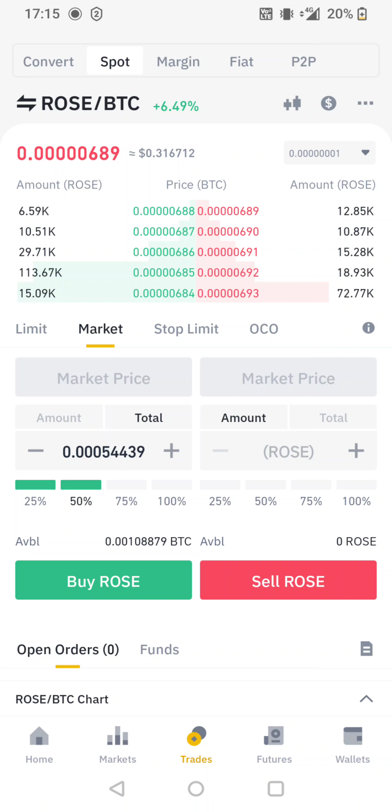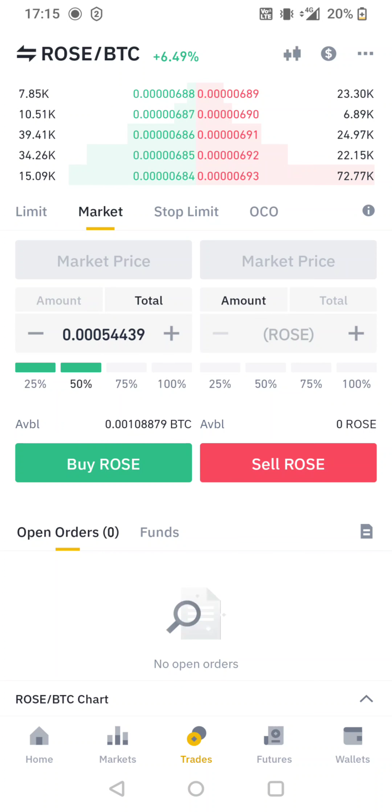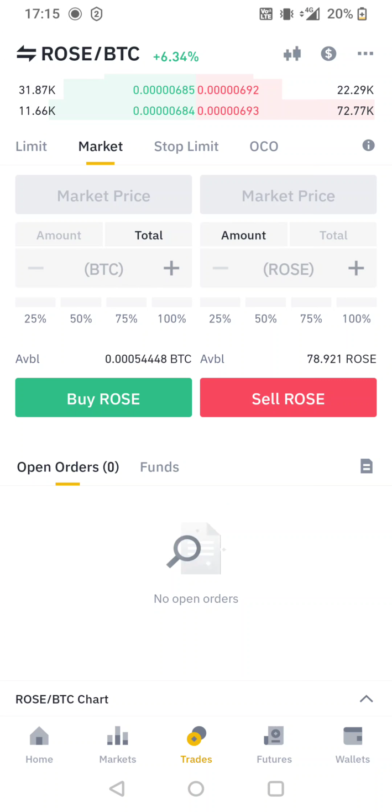Okay, looking good. We're going to go ahead and click buy Rose. Success. No open orders,